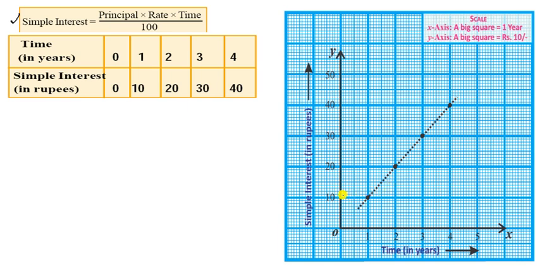So now check here, on x-axis there is the time 1, 2, 3, 4, 5 in years, and on y-axis there is the amount, that will be 10, 20, 30, 40 and 50. So let us see 0, 0. This point is 0, 0. Now come to 1, 10. It is 1 and it is 10. So you have to write this one. And this is 2, 20. So you have to write 2, 20. And this one is 3, 30. And this will be your 4, 40.